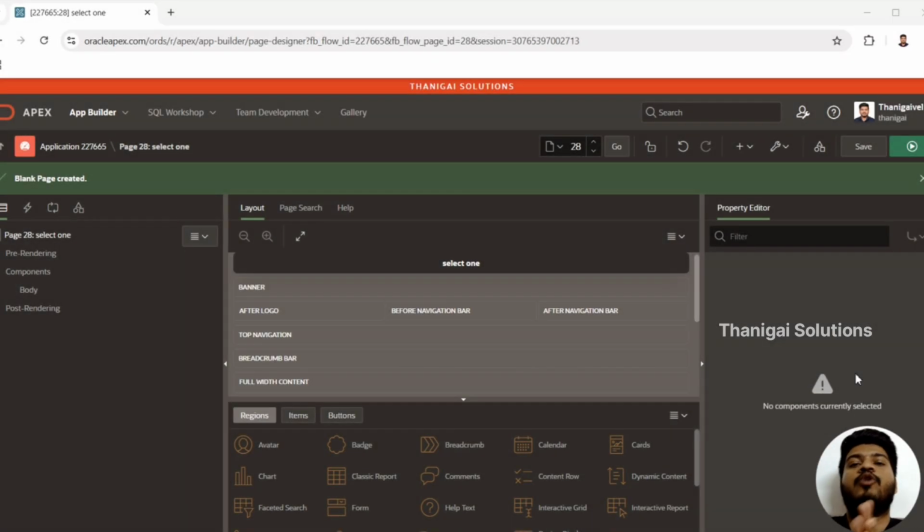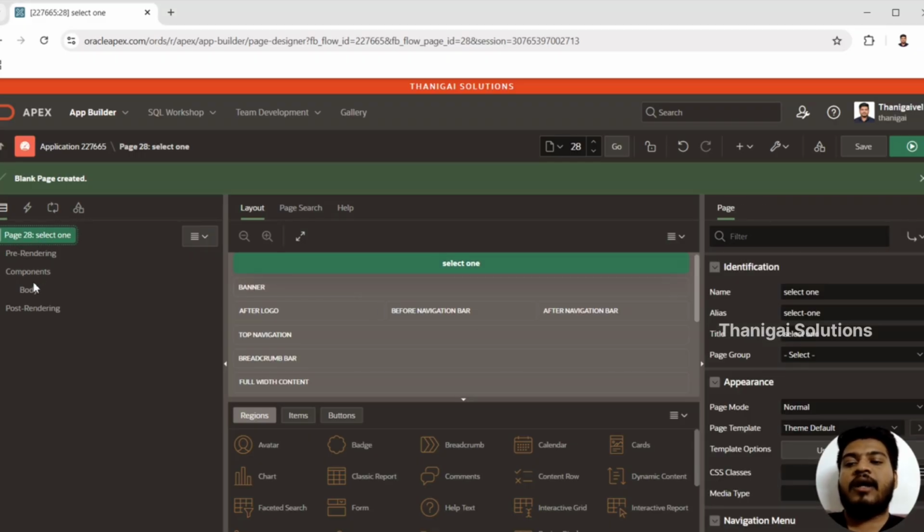In this video, we are going to see one of the interesting components, the page item Select One. I'm just using my cloud account, Apex 24.2 version, to demonstrate this page item concept. So let us begin. In this video, I just created a page, Select One, and under that I'm going